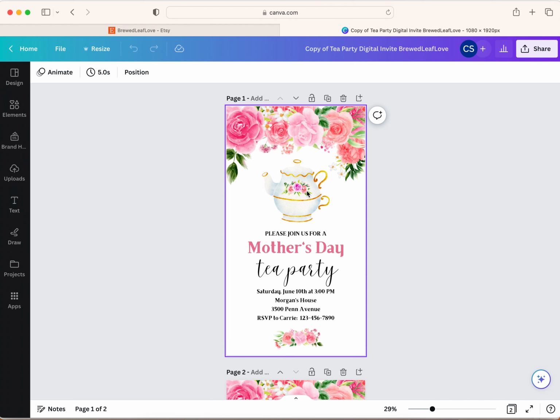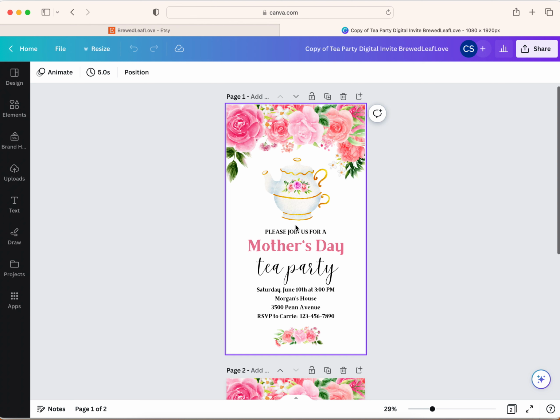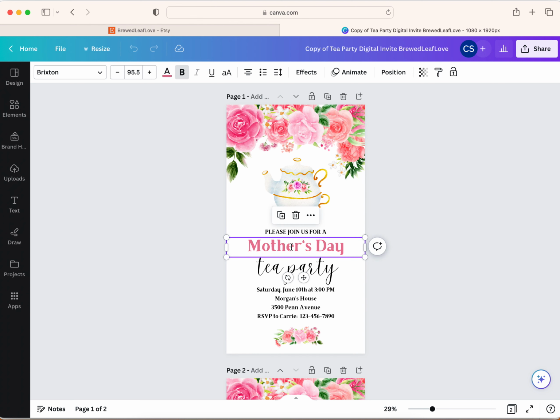When you hover over the template, you're going to see all of the things that are editable when they have that purple outline around them. So all you have to do to edit something is to click on that item. And when you click on it, it's going to show you what font style it is, what the size of the font is, and even what the color is. So once you've clicked on it,